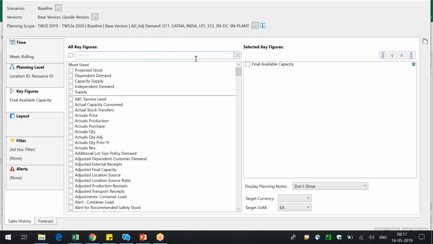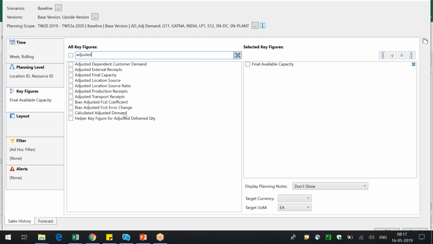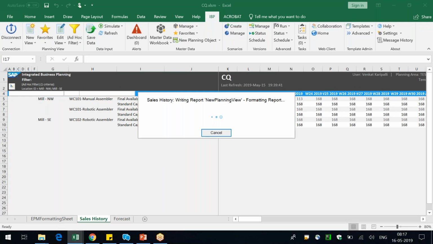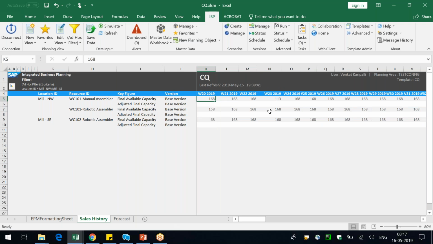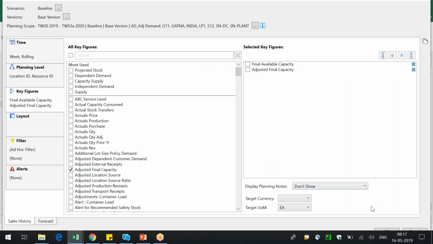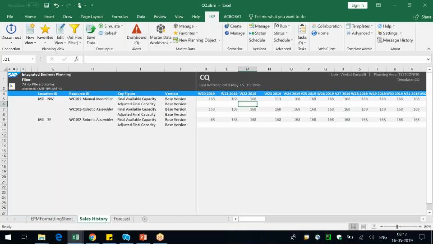We want the final available capacity and then the adjusted one. Okay, one second. I think the calculation logic hasn't